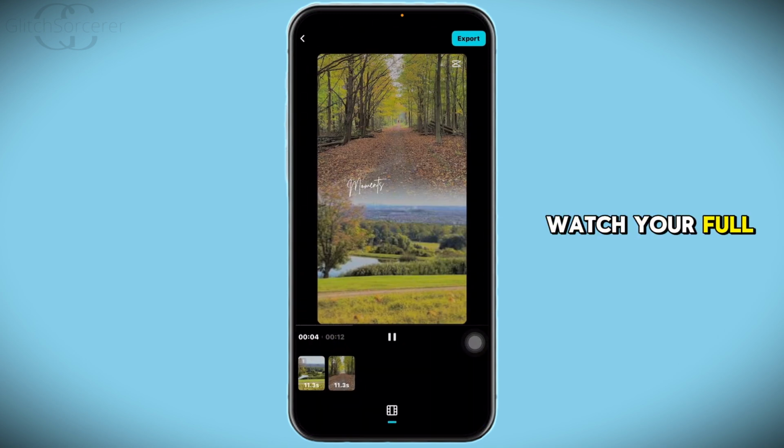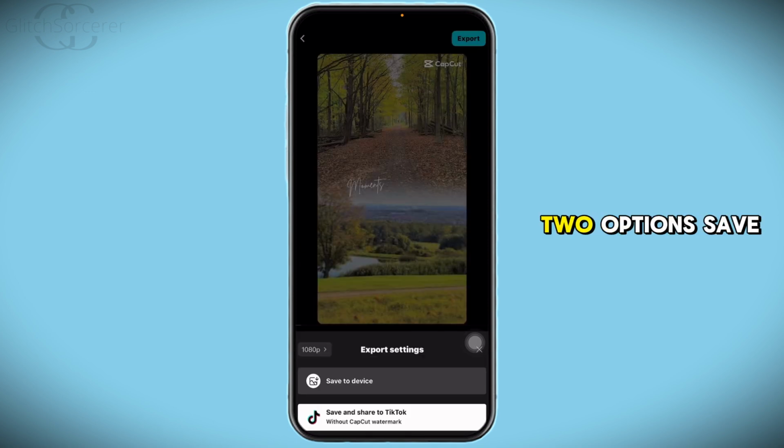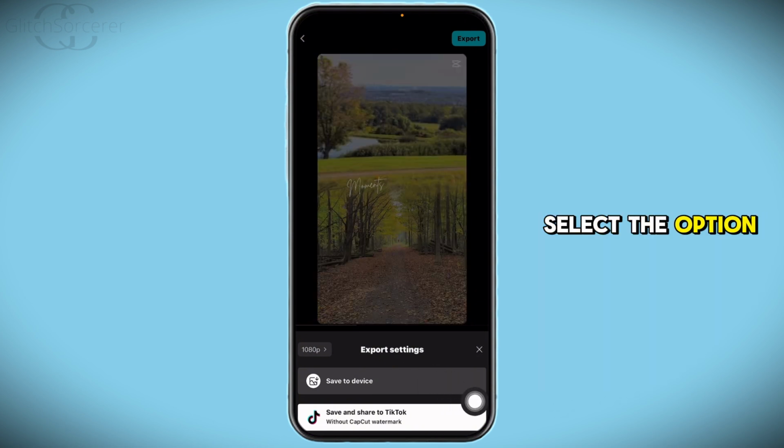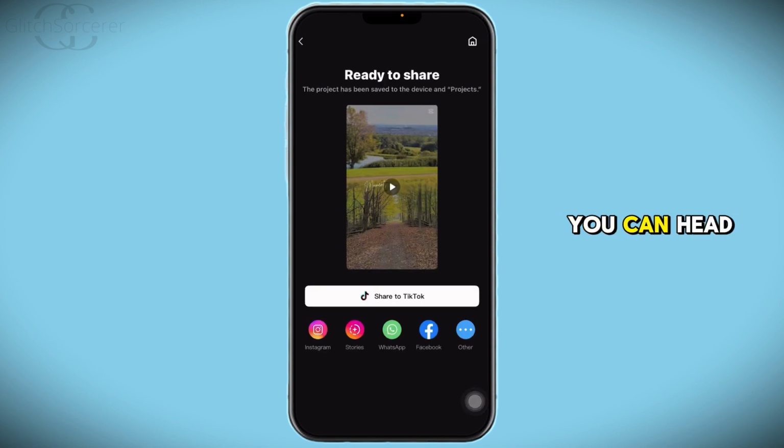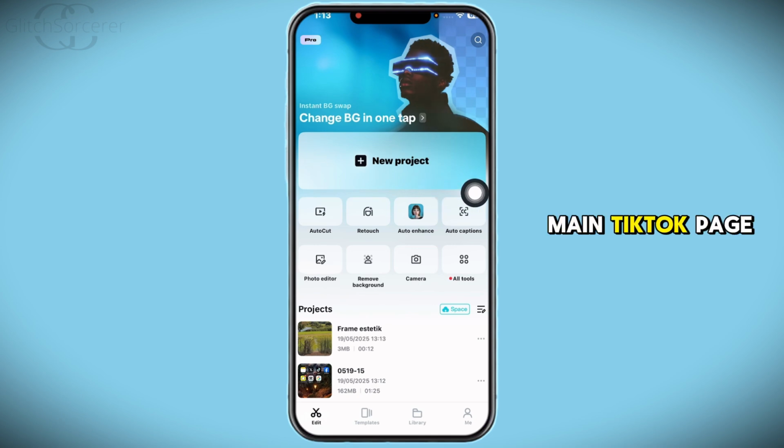Now you can watch your full video and then click on export once you are satisfied. You're gonna get two options, save to device, save and share to TikTok without CapCut watermark. Select the option save to device. Once you have saved the video to the device, you can head back, come to the main CapCut page and